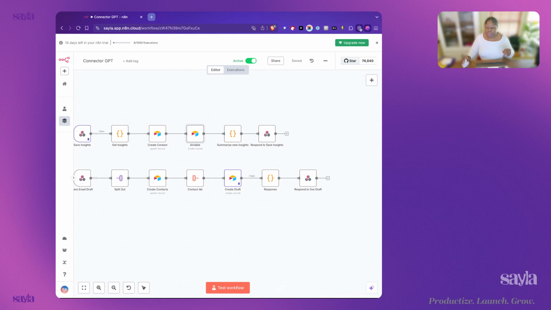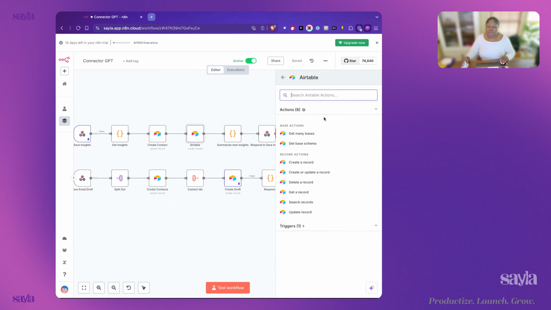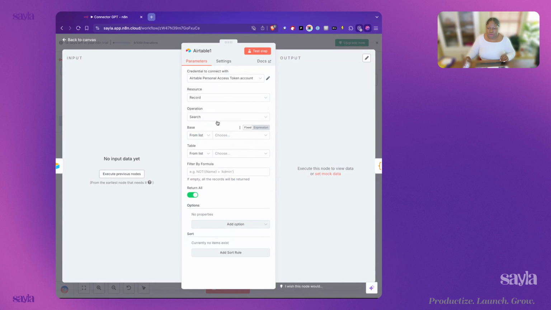Now, the reason why I said the profiles matter is because if I had a profiles table in Airtable, I could literally add another step that would go into Airtable and say, go and try and find the user profiles. So let's try and do a search. Let's search Airtable and try and find all of the user profiles that might be related to the people who I'm getting insights from. And I could have it bring back the profile information, give it back to ChatGPT in my chat. And now ChatGPT no longer has just the transcript.